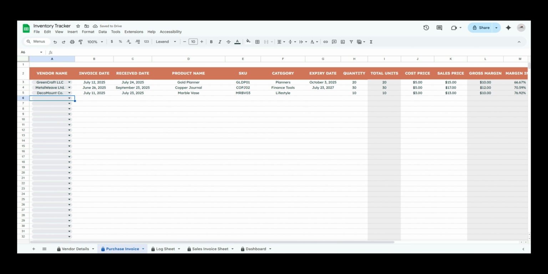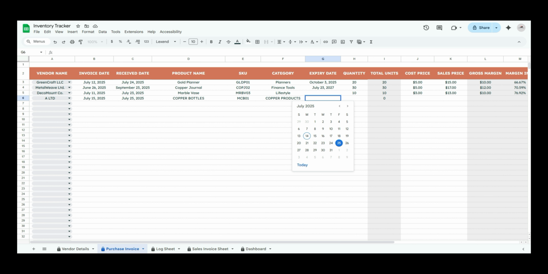Okay, so this sheet is the purchase invoice. From the drop down, we can select the person's name and the invoice date, and from here we can select the invoice date. We will just have to double click here. You can put the expiry date if you have. If you do not have, then you can leave it blank. You will just have to double click here and you can see,